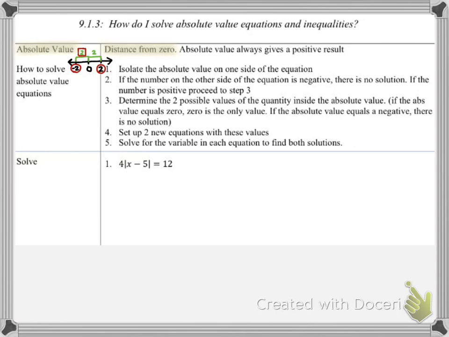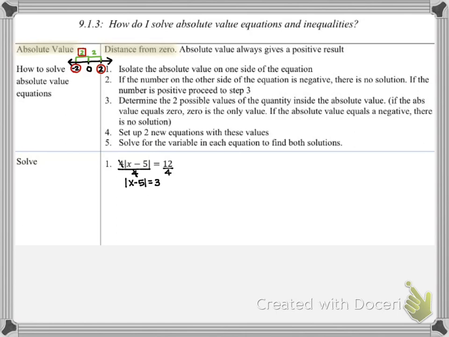So we're going to get rid of that 4. We're going to divide by 4 on both sides. Those cancel, and then we just copy down what we have. So the absolute value of x minus 5 is equal to 3. Basically what this says is that absolute value is distance. So really, in a nutshell, what I want to know is